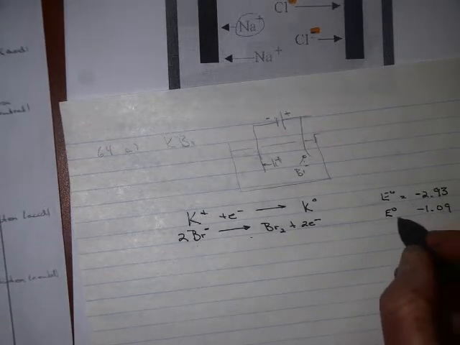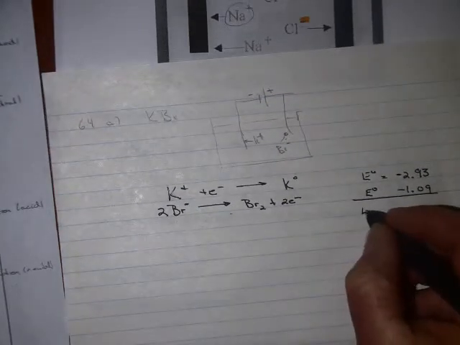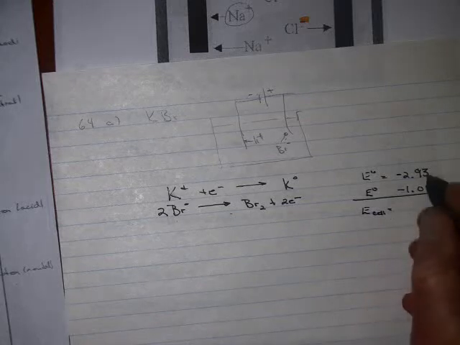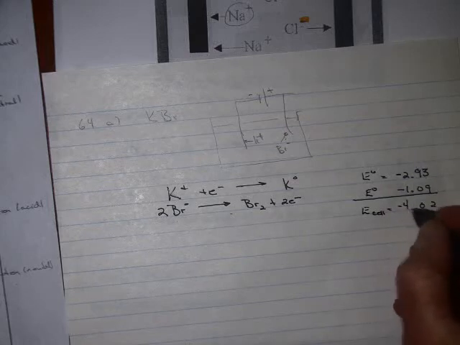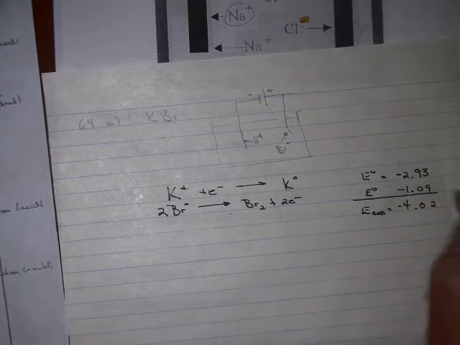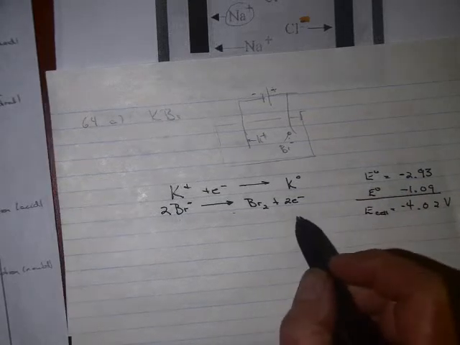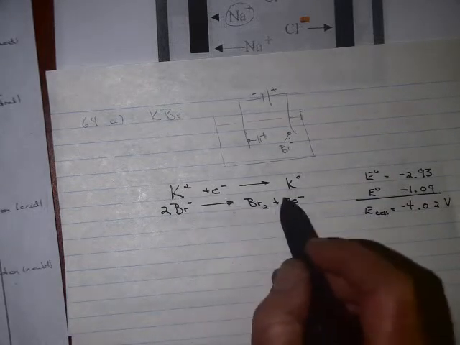And so the E cell is going to be the sum of these two. So let's see, 9 and 3 is 12. Carry that, that'd be exact 2, carry that, so negative 4.02 electron volts. Now, the overall reaction here, again, you see that there's an imbalance in the number of electrons,